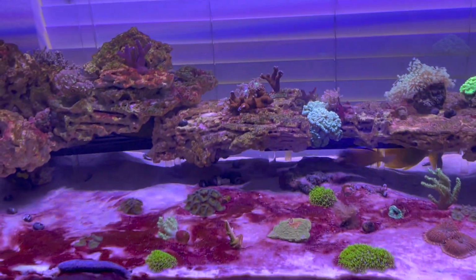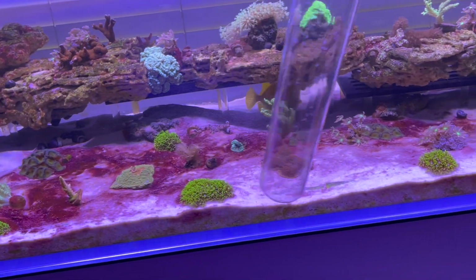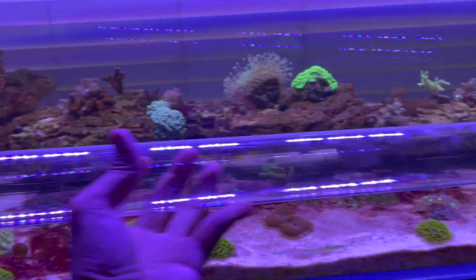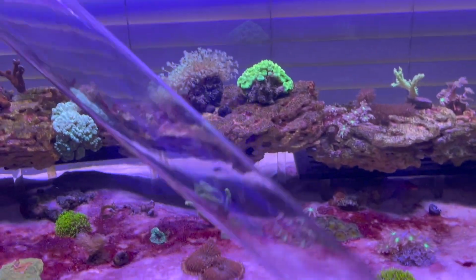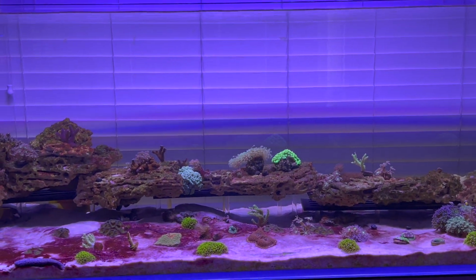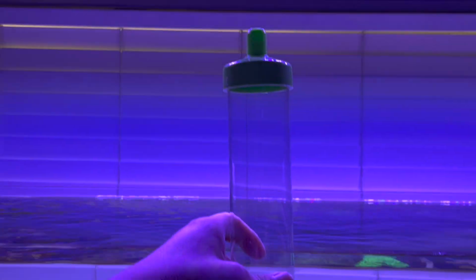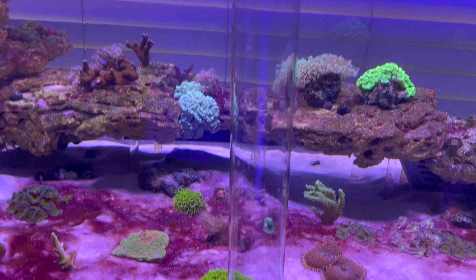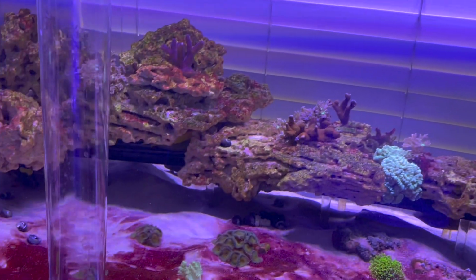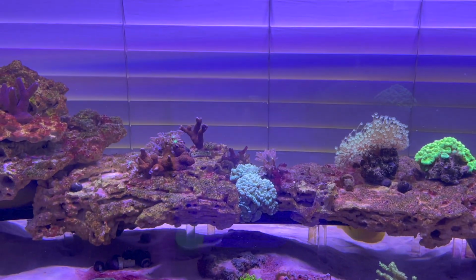Now I'm all by myself. I don't think you guys want to see me do gravel vacuuming or whatever, or sand vacuuming with this tool, but this thing is on Amazon. It's pretty cheap by itself. There's many sizes. My tank is like 25, I think 24 inches top to bottom, and this thing is like 28 or 29 inches, so it's working out perfectly. I'm gonna turn off the camera and just vacuum all of this up into the 5-gallon bucket, and then I'll